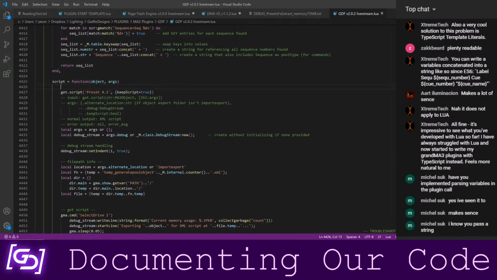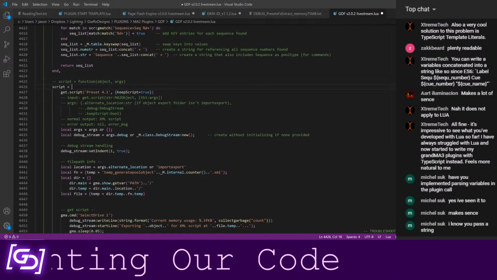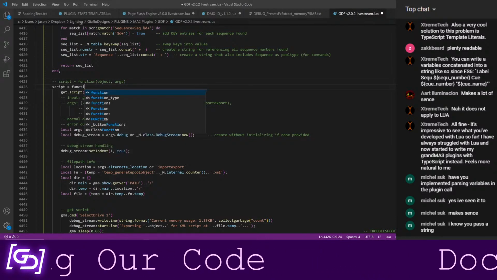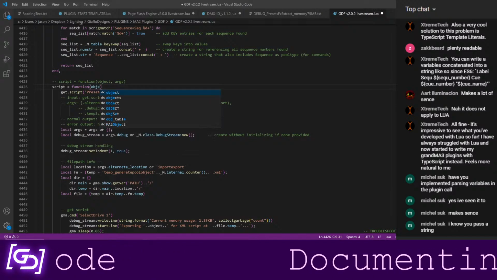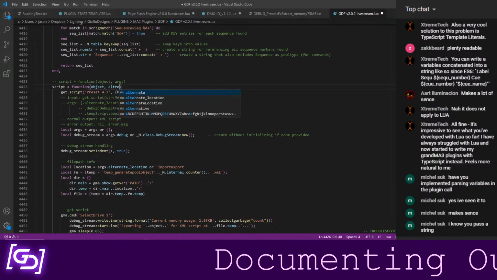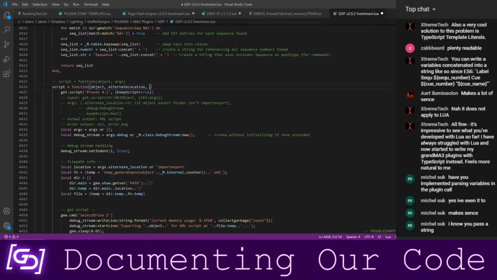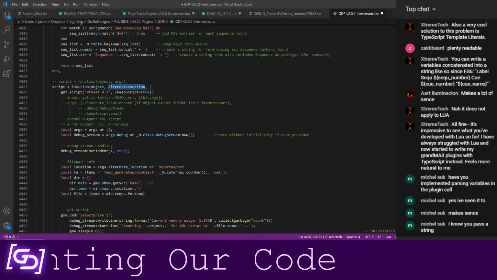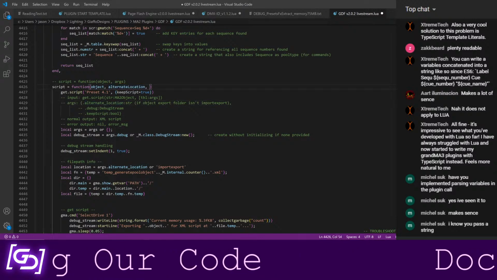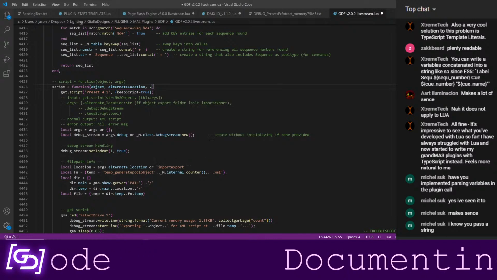Okay, so I could have written this as script equals function, object, then alternate location. We'll talk about naming conventions in a second, because you can see I've got one naming convention here, a different one there, a debug stream, oops,